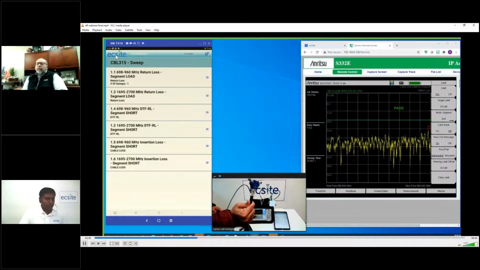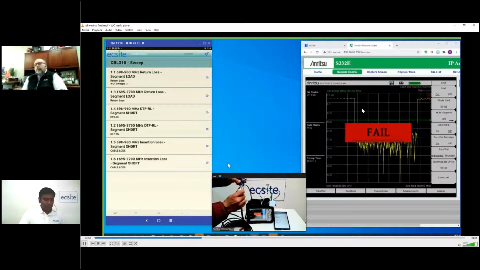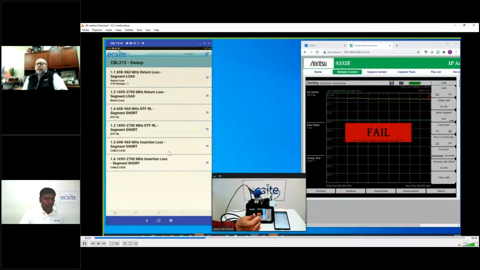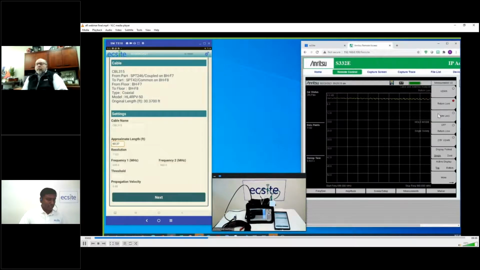So here what we're doing is that we're going to run a test to do distance to fault, and it says the termination is a short. So we're changing the termination to a short here, and you'll see what happens with the test. So we change that. You can see what's happening on the instrument, and we change the termination to a short, right? So there's your short, and then I'm going to click on the DTF, and the only thing you can edit in the field